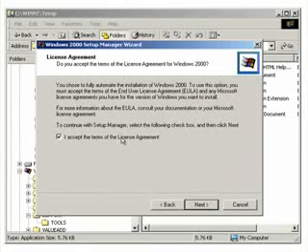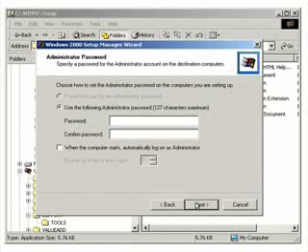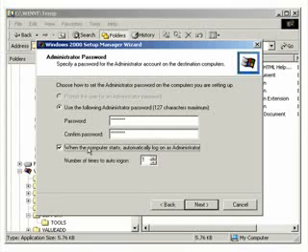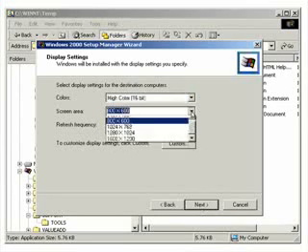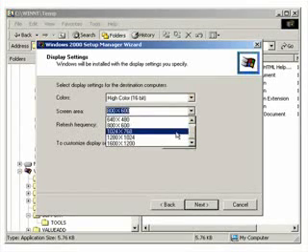License agreement acceptance. You can specify your admin password. And you can also indicate that you want it to automatically log on with that admin account as many times as you like after the installation is complete. You can choose your number of colors, resolution, refresh frequency,